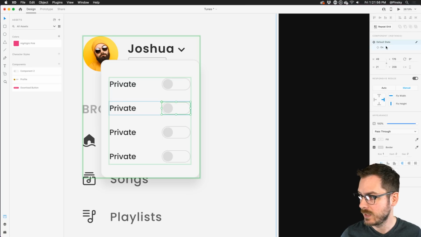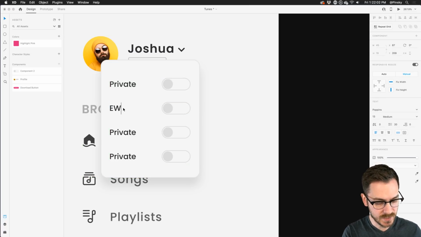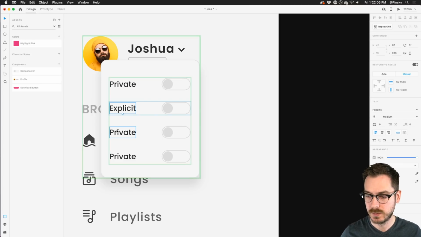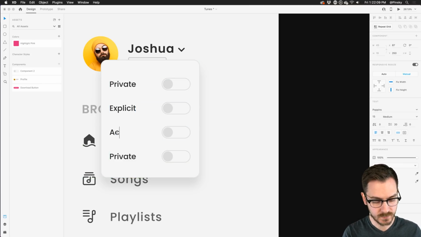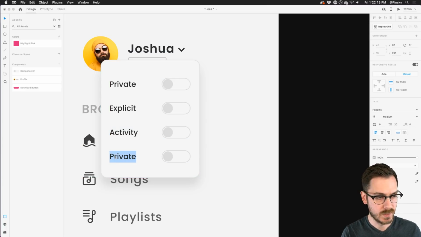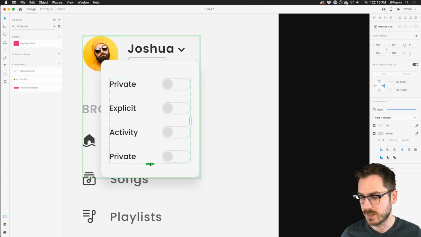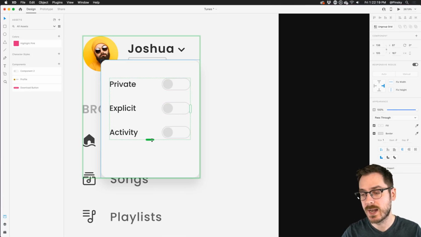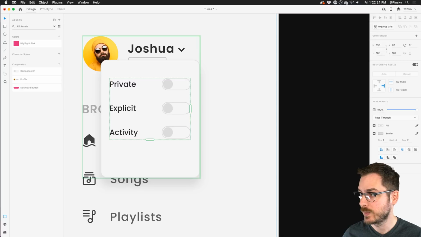And I can dive in here. This might be the on, off. You get the idea, right? You can change it as you wish. So this could be explicit for the filter, and this might be activity, and maybe we'll do, you know what? Maybe we'll just do 3. There we go. Perfect. So now that we've got our switch within our repeat grid, if we press play, we